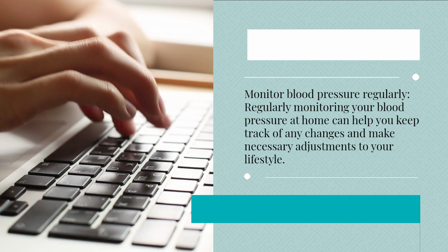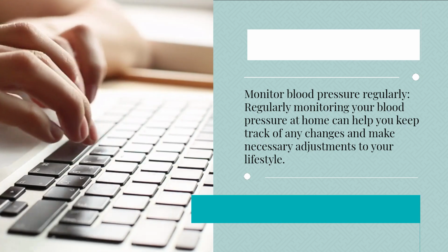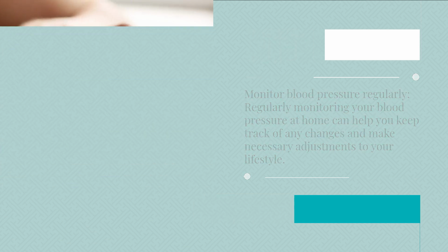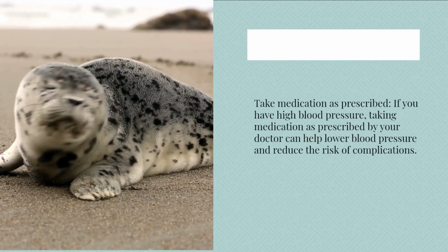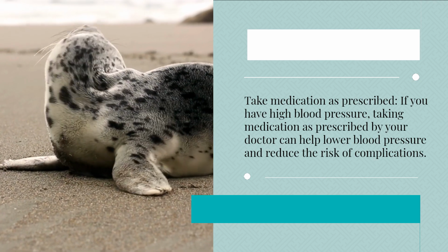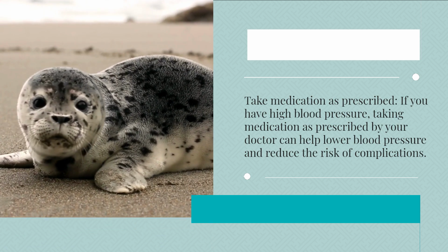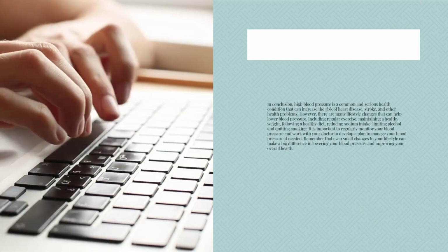Regularly monitoring your blood pressure at home can help you keep track of any changes and make necessary adjustments to your lifestyle. Take medication as prescribed. If you have high blood pressure, taking medication as prescribed by your doctor can help lower blood pressure and reduce the risk of complications. In conclusion, high blood pressure is a common and serious health condition that can increase the